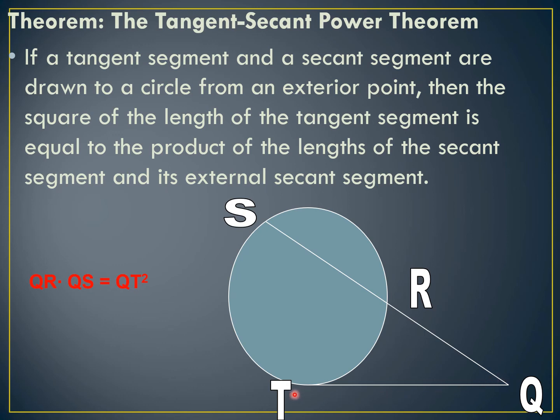Sabi dito sa theorem, yung square nung tangent segment na QT, i-square mo siya, is equal to the product of the whole secant segment, yung SQ, times its external part na QR. Pag minultiply itong SQ times QR is equal to square nung QT. Pero take note yung tangent line tsaka secant line mag-i-intersect outside the circle para mai-apply natin ang tangent secant power